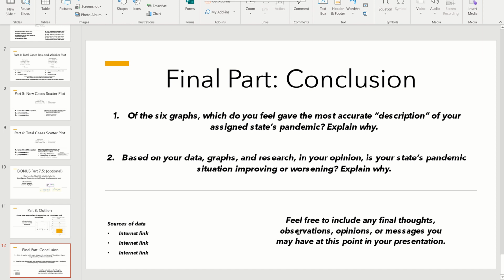If you really desire, it can be used in your digital portfolios that you will be putting together at the end of the school year. This could be a really great presentation that not only can you learn a lot from, but the information you present to the others in class, they can learn a lot from. And hopefully we will all understand where the country is right now during this global pandemic.